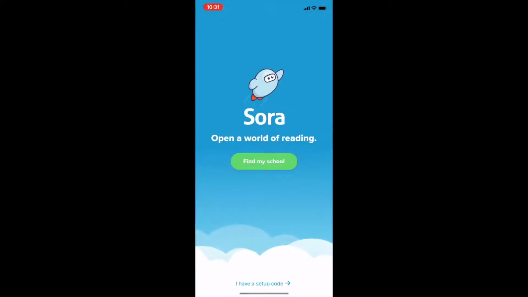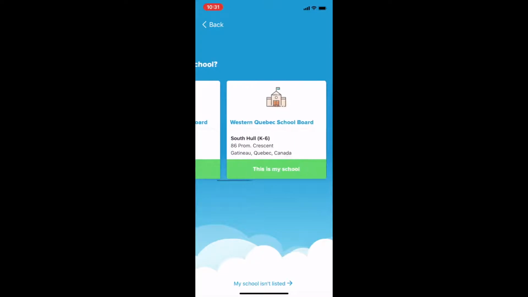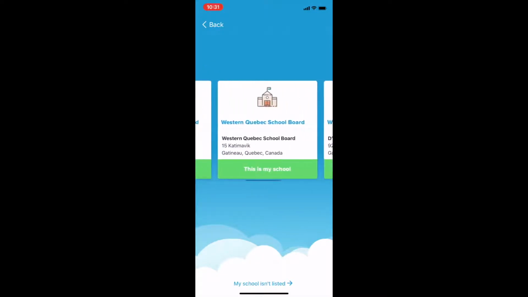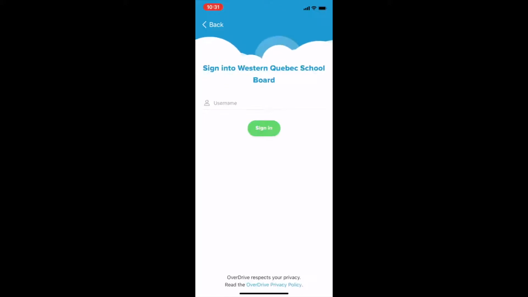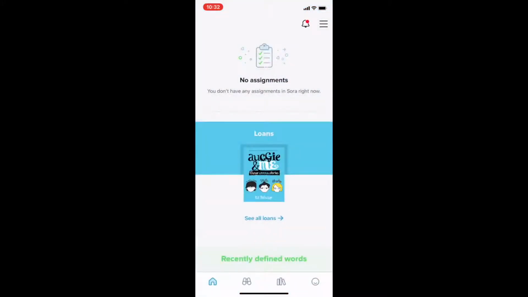and once you do that, you'll have this beautiful screen. Again, you need to find your school, just like we did. So again, you need to search, make sure that you find Western Quebec School Board, make sure this is the one, the address is 15 Katimavik, sign in again using your ID. Once you've signed in to your account, you'll come to this cool home screen, which is very similar to the